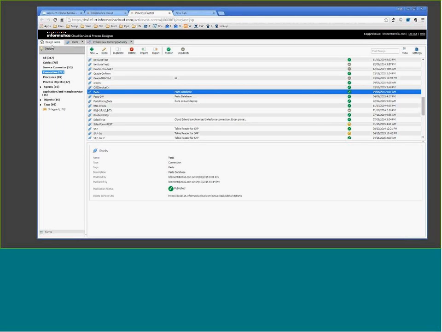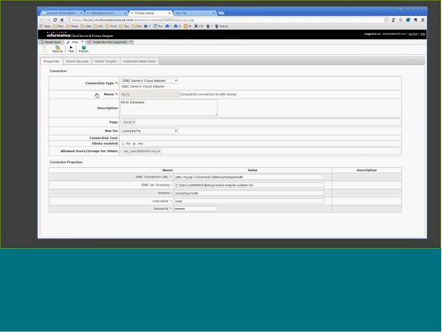In the connection settings of the Process Designer, you'll have access to a connection. This connection is one of many that Informatica supports. Today I'm using a JDBC connection to access a parts database.